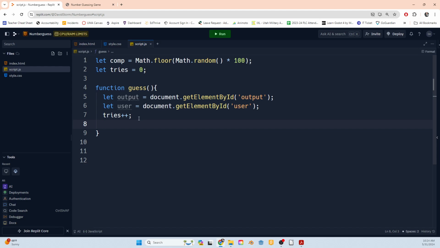Okay. So now that we have that, now we get into our if statements. This is where I'm going to essentially leave you. What we want is a series of if statements that essentially asks if the user.value is, you could start with equal to, right? So if user.value is equal to comp, then we change the output to say you won, it only took you this many tries, right? But if it's not,